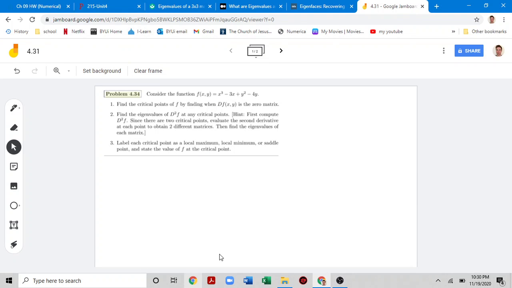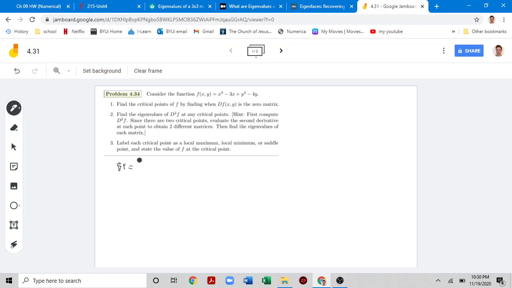4.34 in the perusal. It's pretty similar to 4.31, but a little different because now we're going to add a little bit more variables. What we did for 4.31 is we took the gradient of the equation, which is what we need to do still. Gradient of f, and this will equal